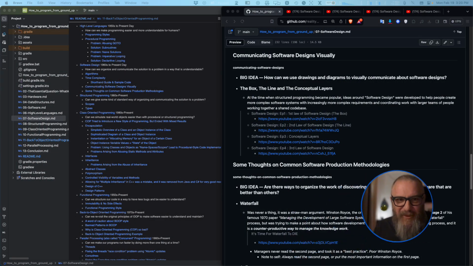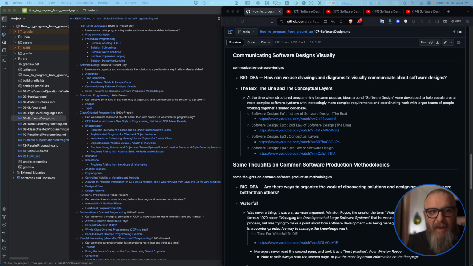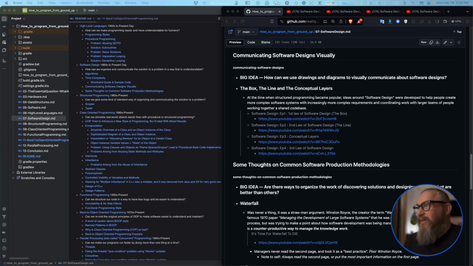We're getting into software design. So what is software design? The big idea: can we use drawings and diagrams to visually communicate about software designs? Can we do that? Because the problem is you may understand it, but trying to communicate to other people, it